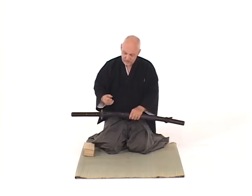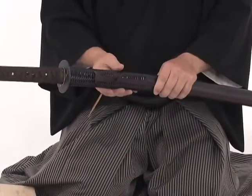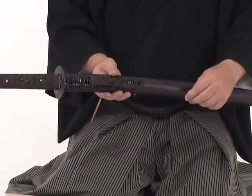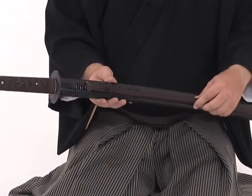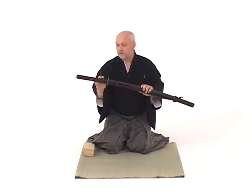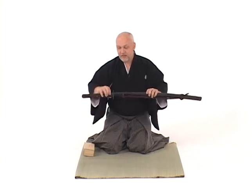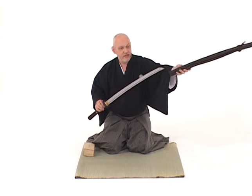There's a small knob on the saya that we refer to as the kurigata. And within the kurigata is attached a string. It's a braided piece of material we refer to as sageo. So the entire sword with the saya, the tsuka, the tsuba is referred to as a katana. If we remove the saya and take a look at the sword itself,